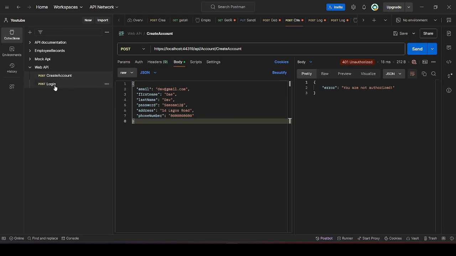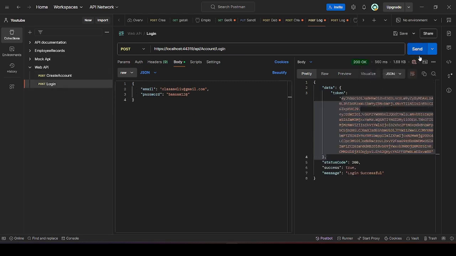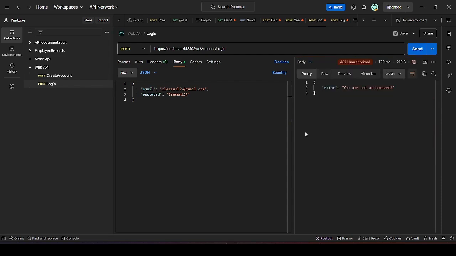Right, so let's assume that I want to log in now. So just click on the login endpoint. I'm getting "You are not authorized." Don't forget that we implemented this in part 3, right? Let's call this create account endpoint as well and see what we'll get. "You are not authorized," and this message is coming from